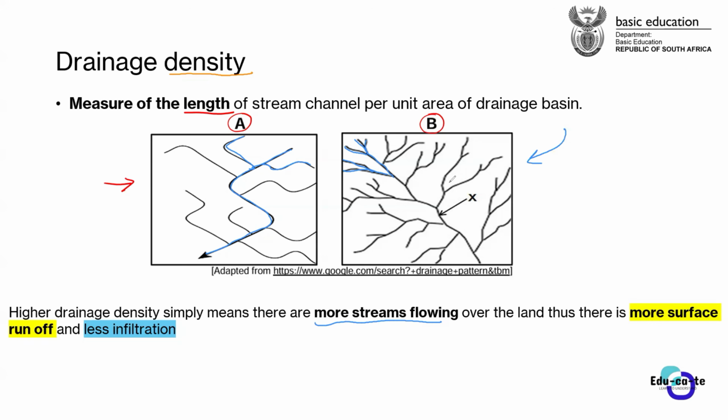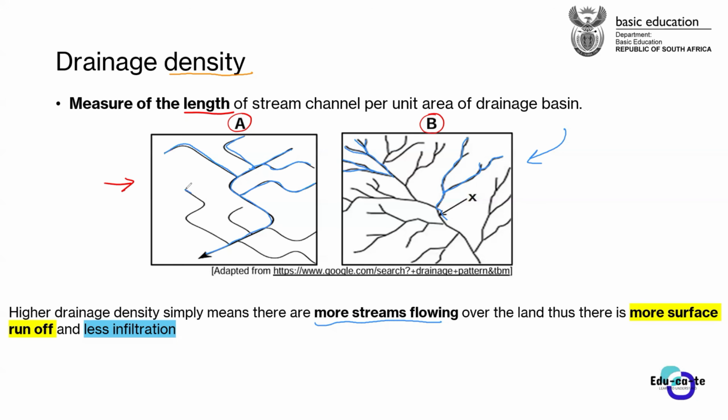For example, if you look at the drainage pattern B, it has got more streams. There are lots of streams here, and they even look like trees, as I said. They've got a lot of tributaries that are forming up our river. So there are more streams flowing in the drainage pattern B. Hence, we say that drainage pattern B has got a higher drainage density, whereas drainage pattern A has got a lower drainage density. You kind of get the sense of how we differentiate between the two.